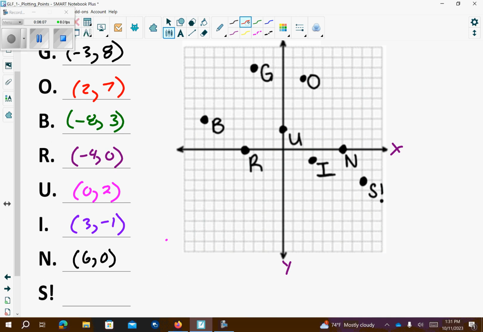And then letter S, looks like I went over 1, 2, 3, 4, 5, 6, 7, 8. I went to the right 8, so that's positive. And then I went down 1, 2, 3. So I went down 3. That's how we label it. And they say go Bruins as far as our